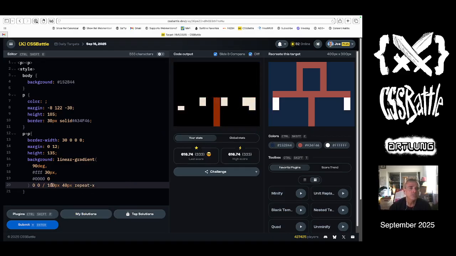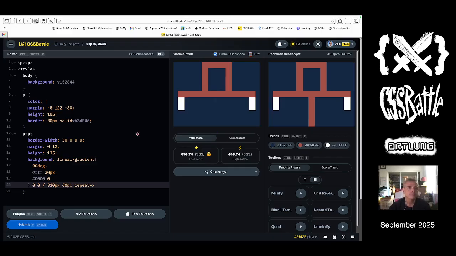So by altering these numbers to 220, 260, 70, 300, 320, 230, and a little taller. There's that 60 pixels, which is fine. And then